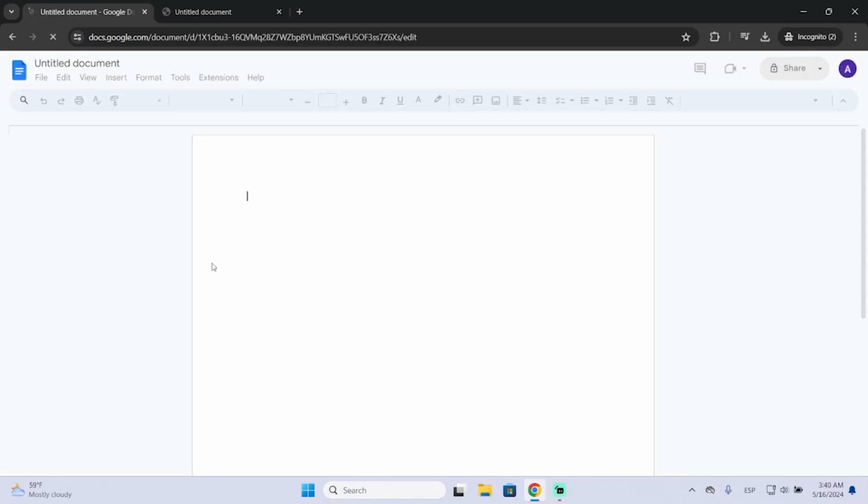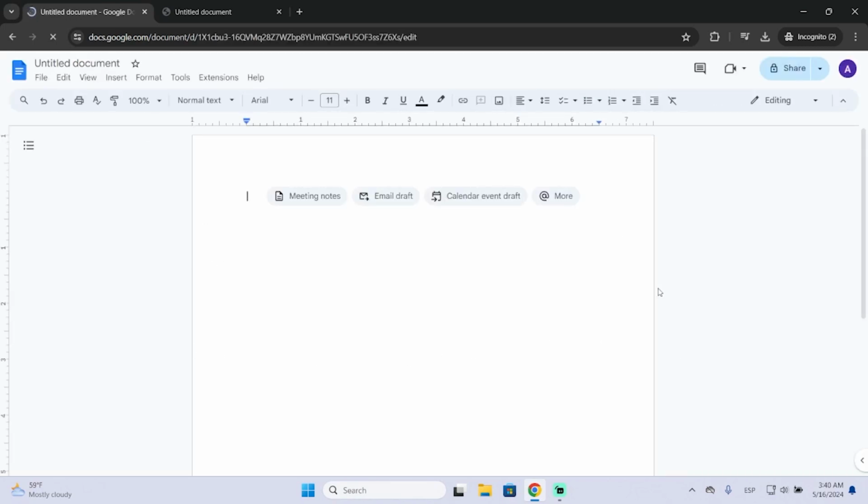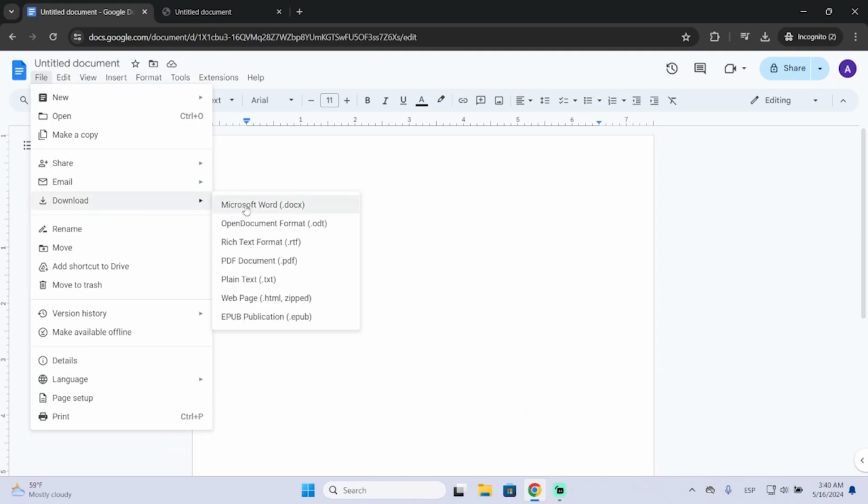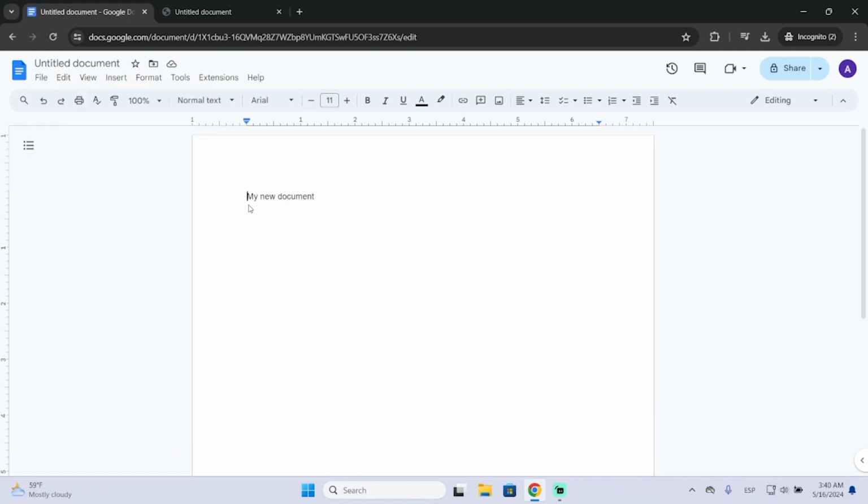So the first thing we're going to do is go into the document we want to export or convert. In my case, I'm going to create a new one. I'm just gonna put my new document. And now we are gonna go to File at the top left, then Download, and you will see the Microsoft Word option. I'm just gonna click it